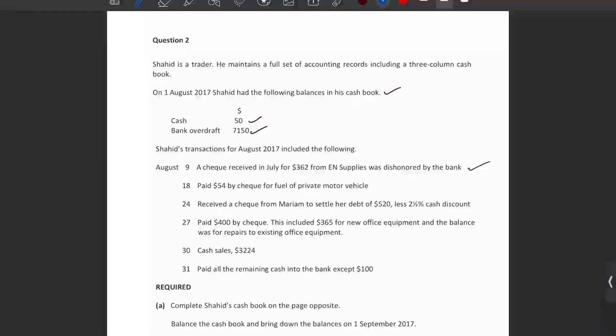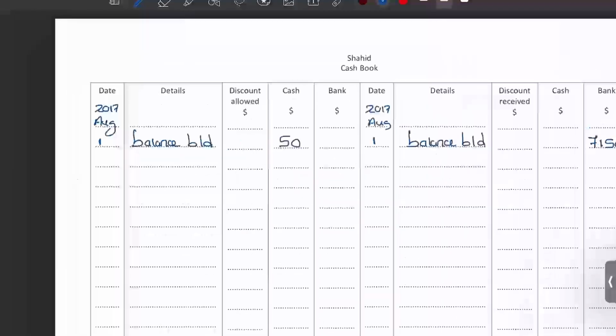What is the name that I should write? EN supplies, the name of the person, right? And within brackets, if you want, you can say dishonored checks. Can you enter August 9? A check received in July, you are doing this for August. In July, you received the check and it got dishonored on August 9. So you write August 9,